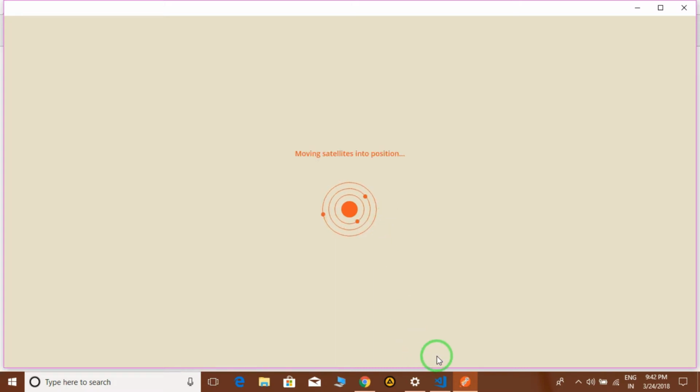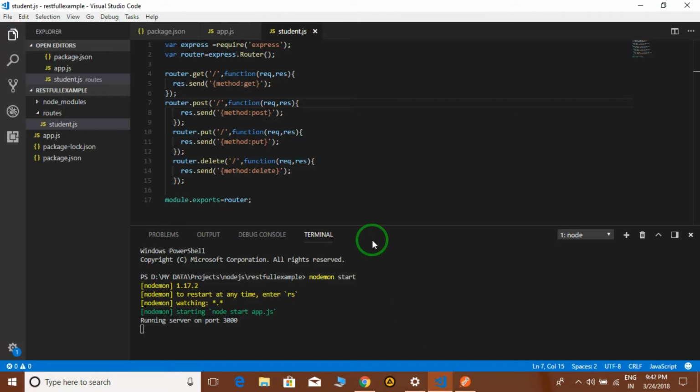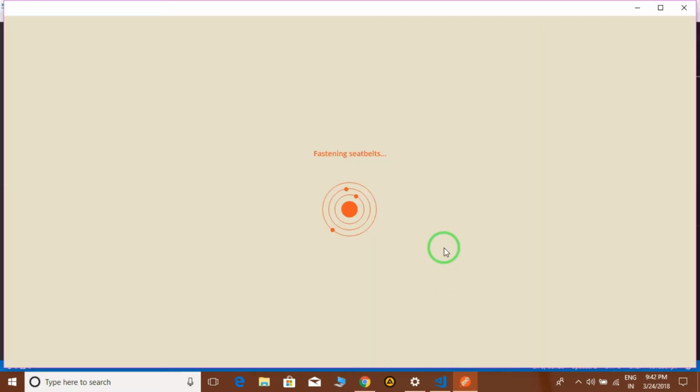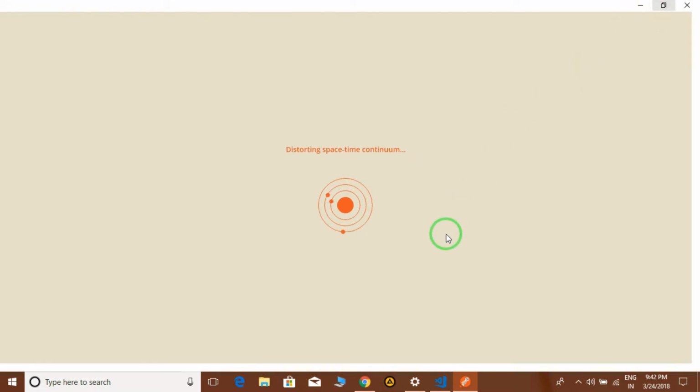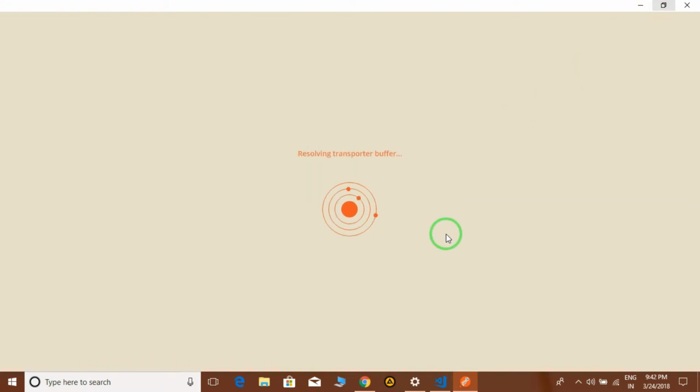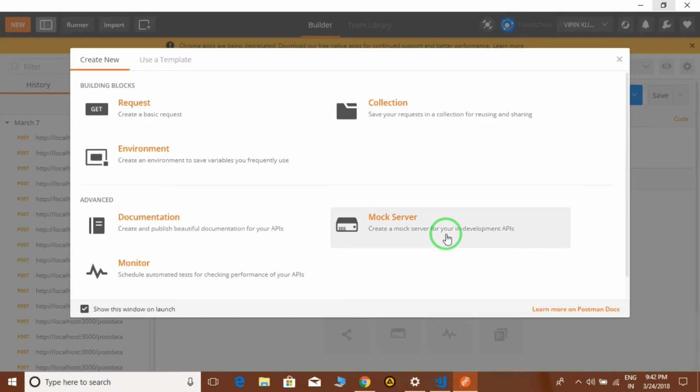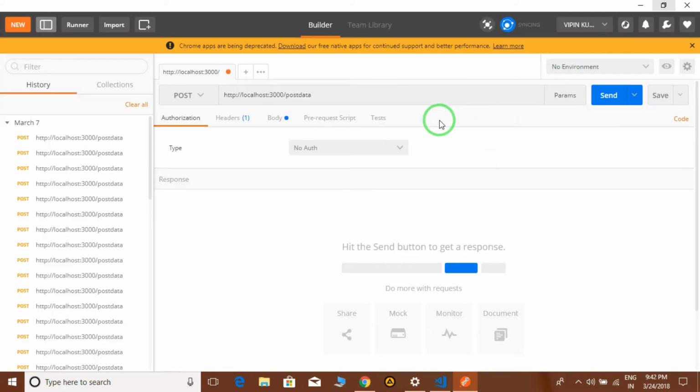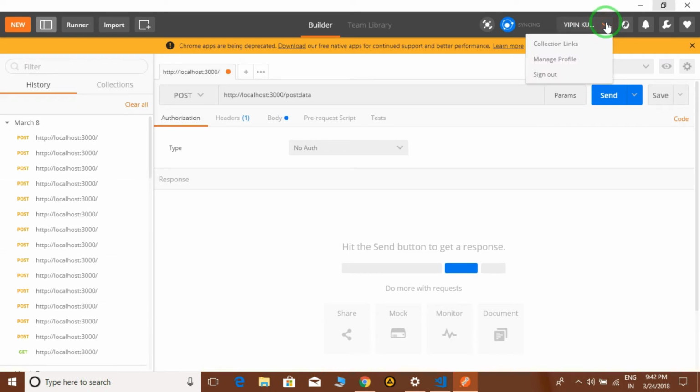Now, as we have seen, our RESTful API application on a GET request is displaying the get method, and for POST it will display post, and for PUT as well. So we are going to fetch all these kinds of information by using this Postman tool. It will take a little bit of time because it takes authentication from Google also. It will ask you for login, and you can log in by using a Google account, or you can register also. I have already logged in by using a Google account.